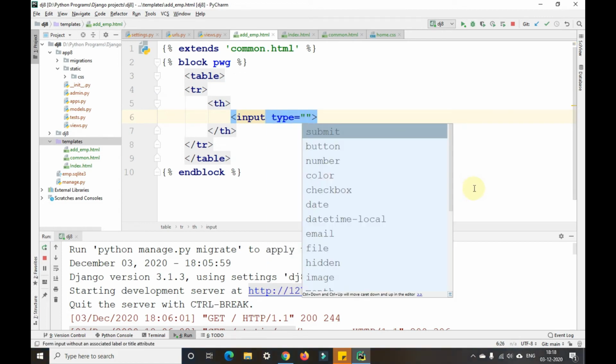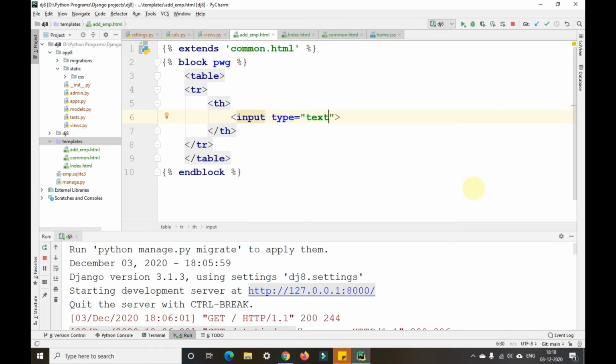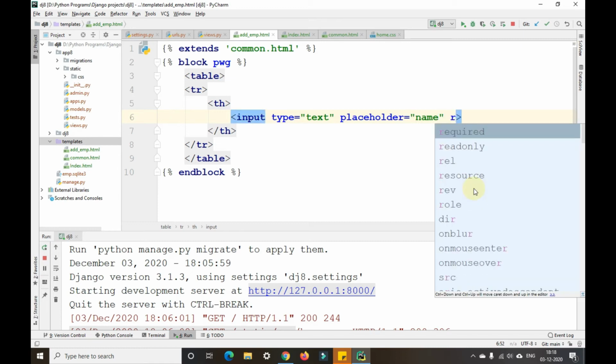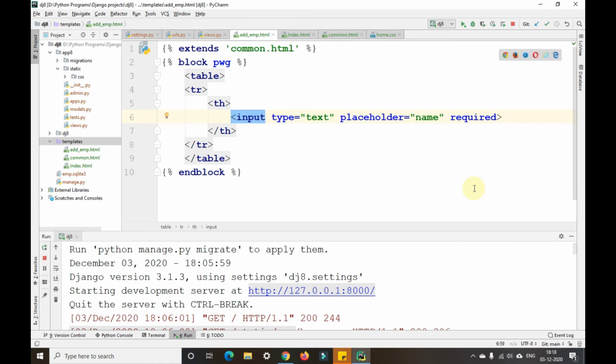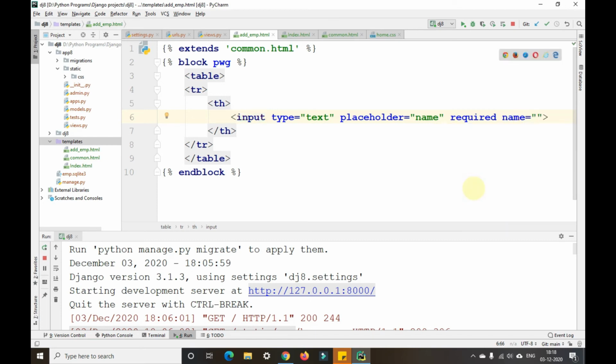type equals to text, and placeholder equals to name. Then as I've told you yesterday, I'll give that as required field, and after that required field, I'll give the name as T1 here.